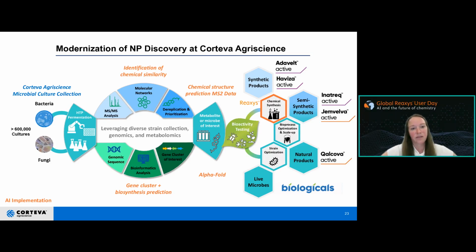So again, with the theme of how AI has impacted our discovery, as I've mentioned before, our chemical synthesis team does rely on Reaxys from a predictive synthesis standpoint to help us explore new areas of chemistry, to really be that catalyst for ideation and route scoping, as well as traditional conditions, etc. Apart from Reaxys, though, we have implemented AI to help us create molecular networks through identification of chemical similarity between groups. We've also been able to do structure prediction with MS2 data, and predict gene clusters and biosynthetic pathways for metabolites we identify. And I'm sure most are familiar with AlphaFold,